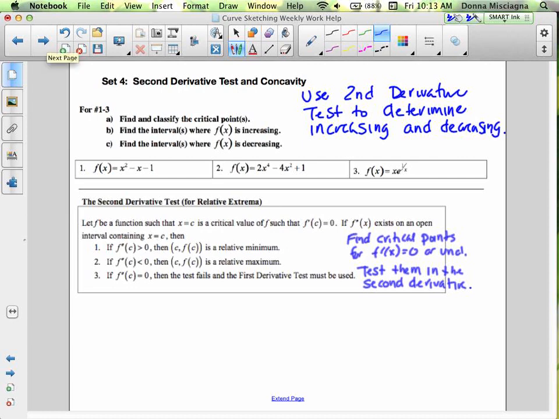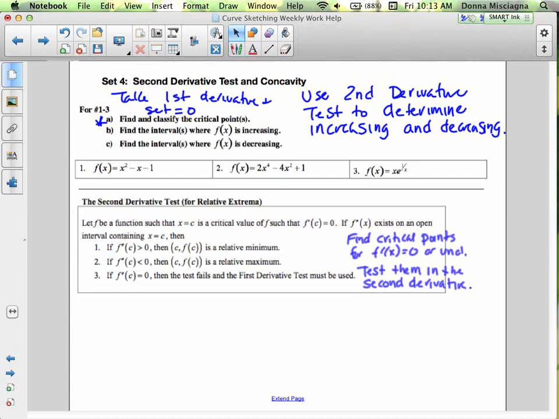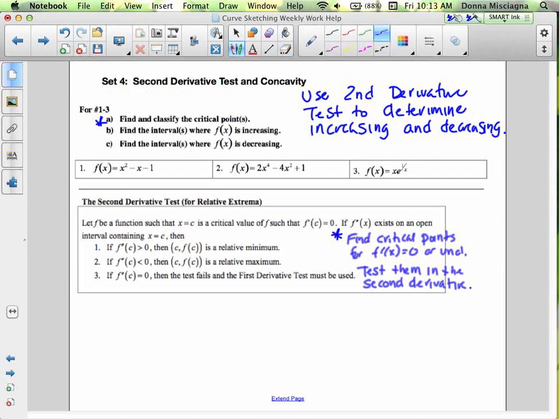All right, so you find and classify the critical points. For A here, you take the derivative and set it equal to 0. And that's the first derivative. Maybe I should put that in there. And then to find the intervals where f of x is increasing and decreasing, oh, actually I have it written down right here. Oh, and it looks nicer here. There we go. So after you find the critical points, which is where f prime of x equals 0